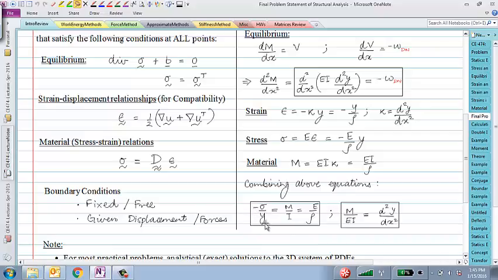Sigma over y equals M over I, or minus sigma over y. This part you must have seen, which you should have also used for your homework one, part B. And it's equal to the Young's modulus divided by the radius of curvature, which actually follows straight away from the definition of curvature. So this is a good thing to understand and to commit to memory, this relationship. And of course, this M over EI equals d squared y over dx squared,